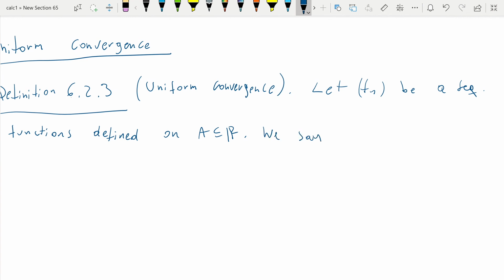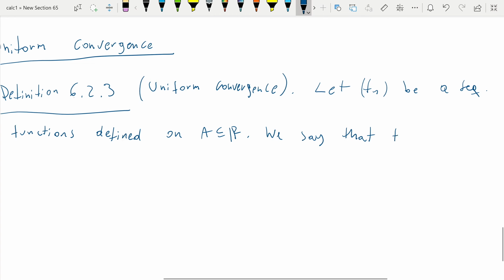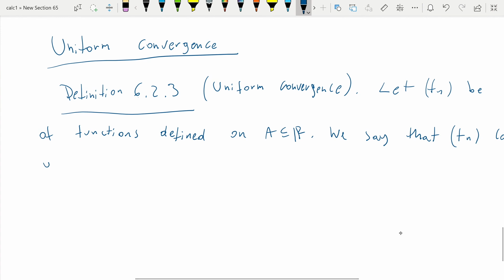We say that Fn converges uniformly to a function f defined on the same set